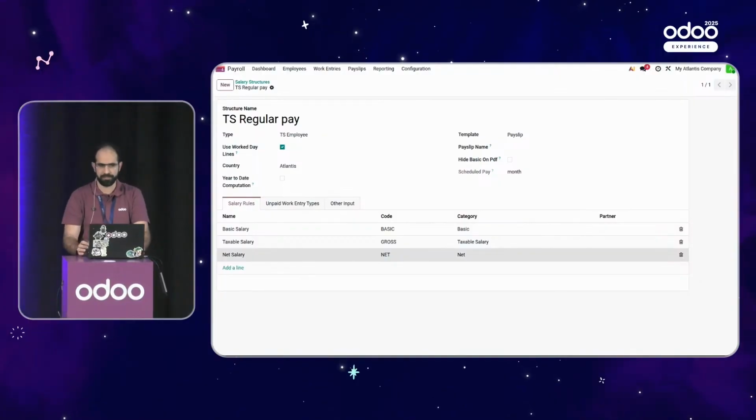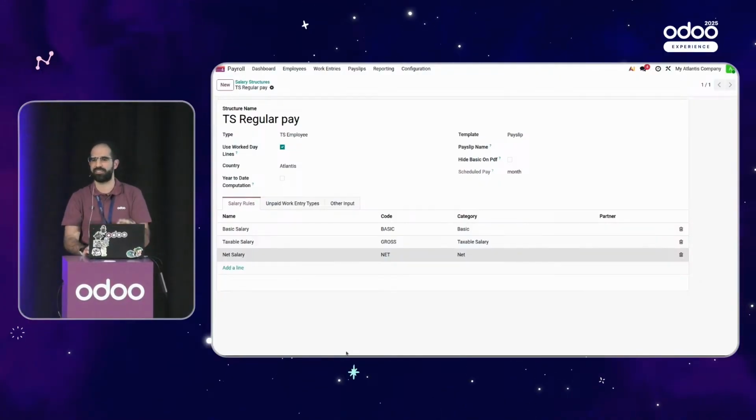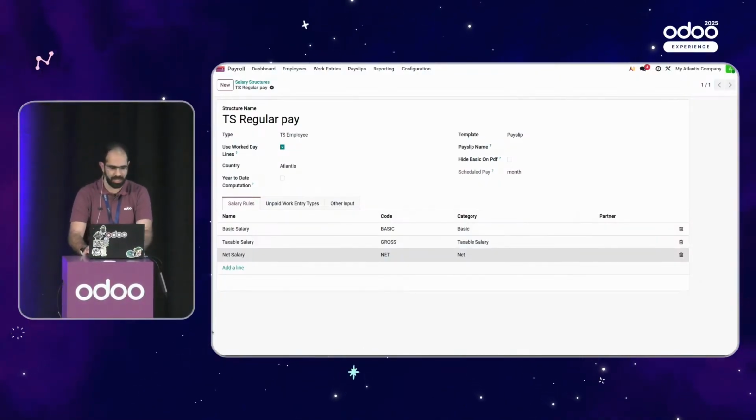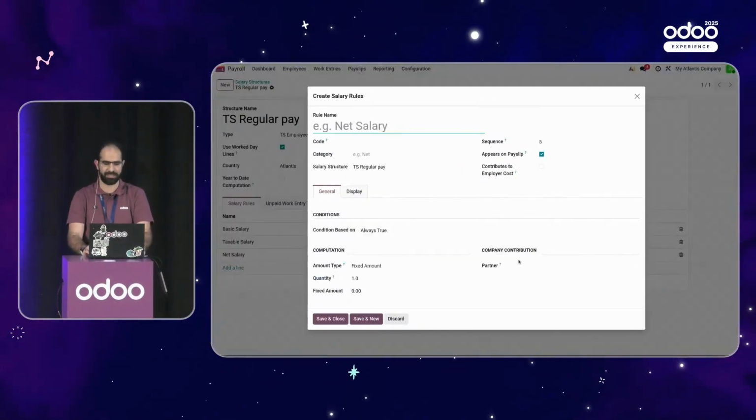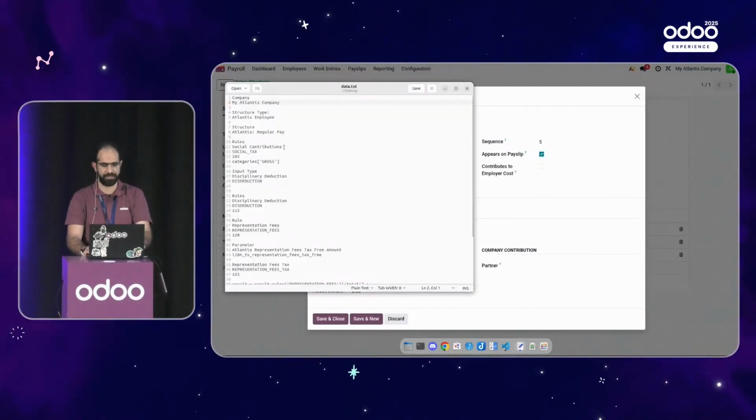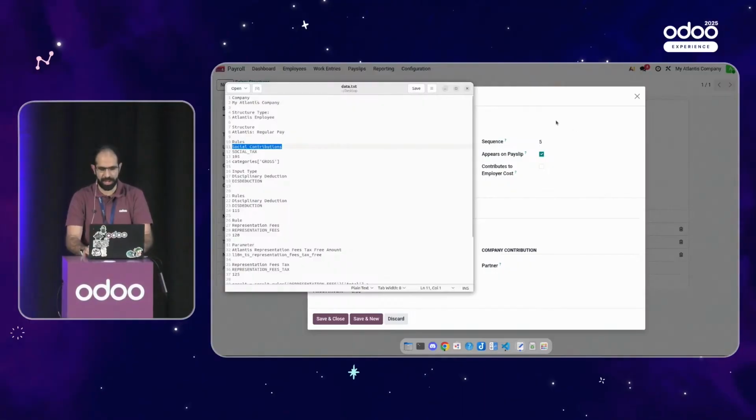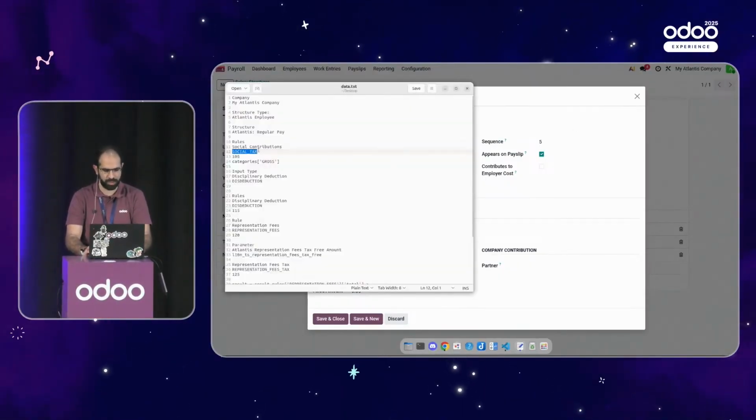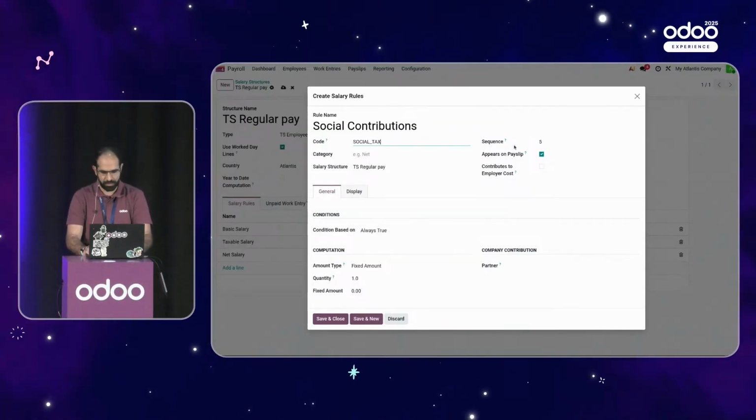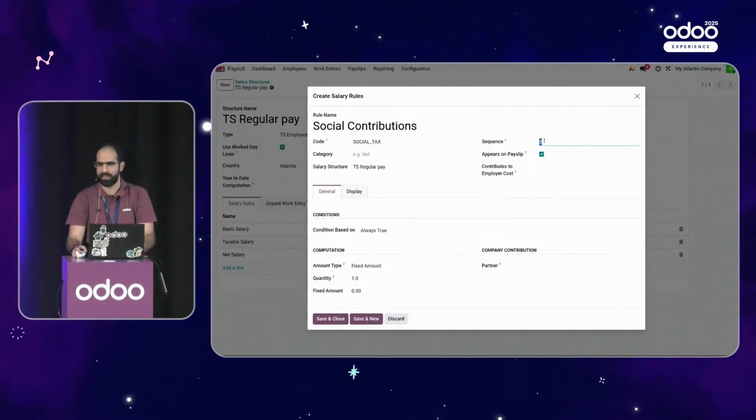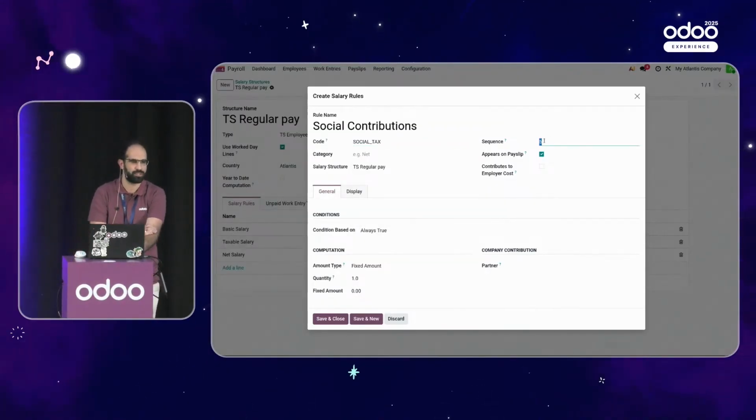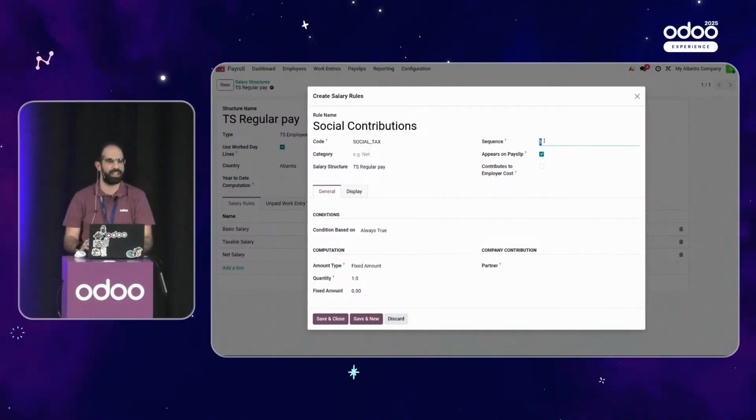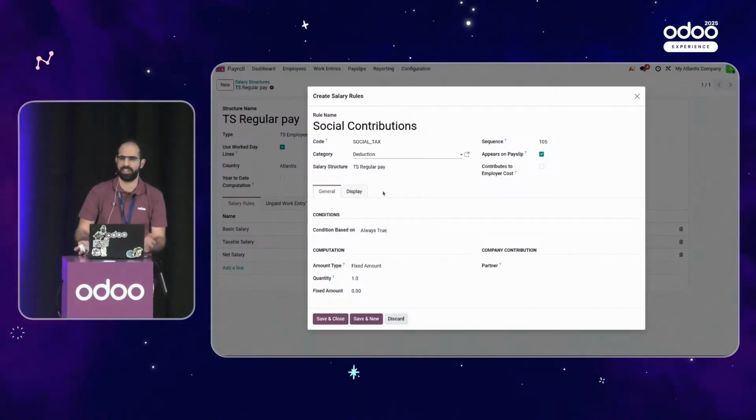So now we add the first salary rule, which is the tax and the social contribution for Atlantis. I have some data ready here. The name of the rule is social contribution. The code of the rule is social tax. And we will add a sequence that exceeds the taxable salary, so we have the gross before we calculate the tax. So it will be 105. And then we will choose the category to be a deduction,